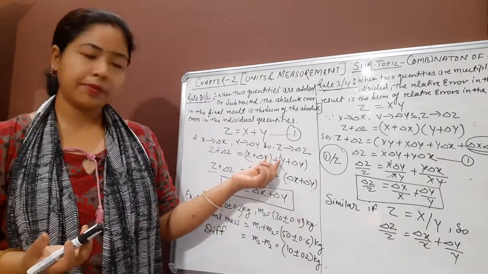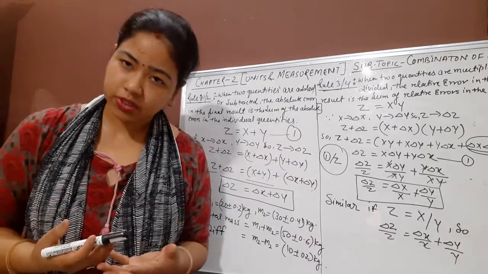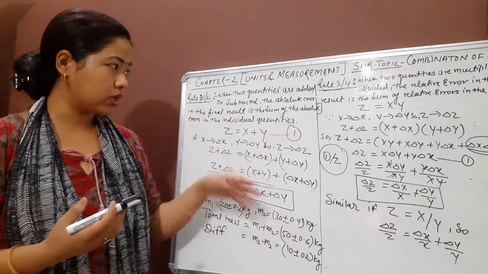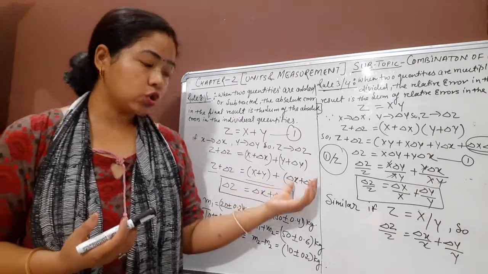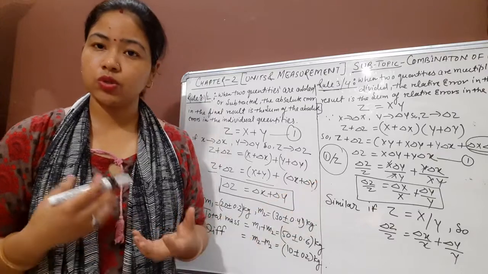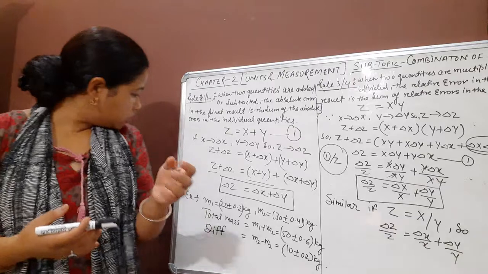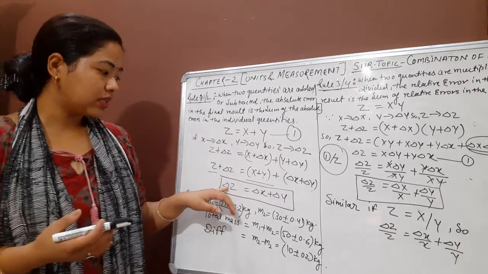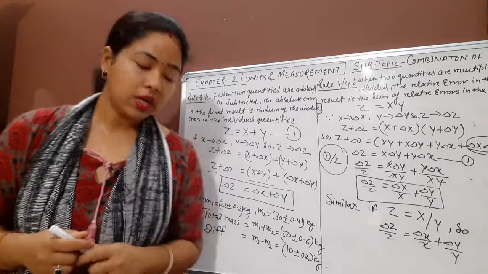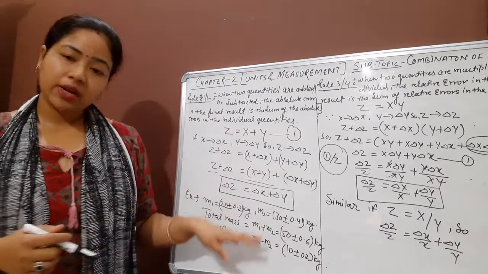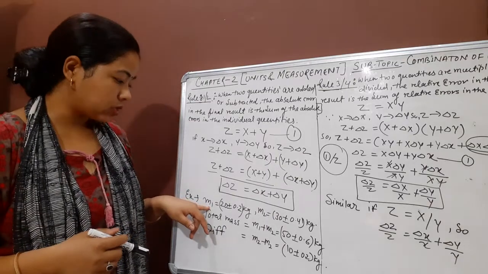That means if you have subtraction here, what will you do? The without-error quantities you will subtract, according to the given operation of subtraction, but the absolute error values of both the individual quantities, you will add, right? So we will have the same result for that, delta z equals delta x plus delta y, right?